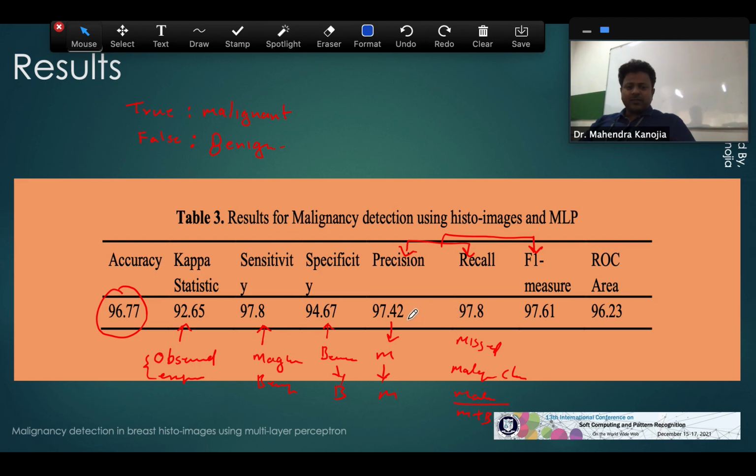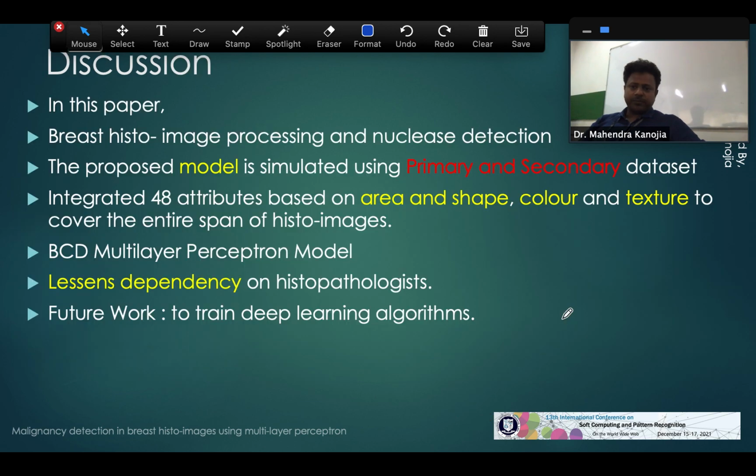A better precision and recall score definitely gives us a better F1 score also. For any machine learning model, an ROC above 50% is accepted. It's found to be a good result, whereas we found an ROC of around 96.23. So it shows that the working of the model is accepted with a good value.